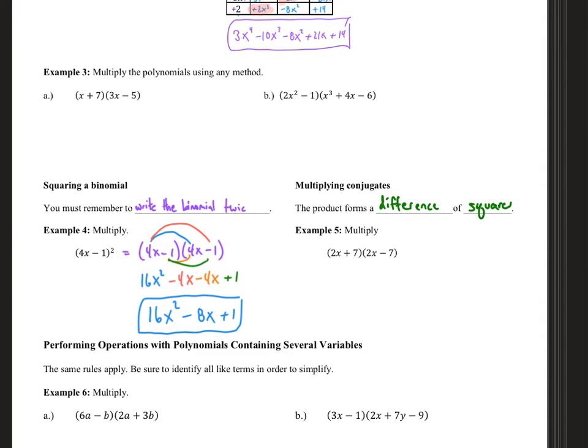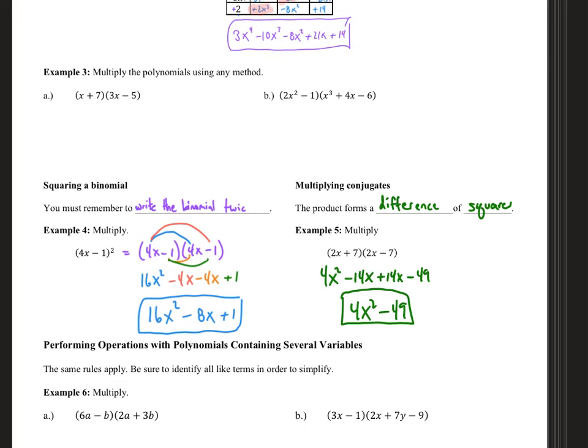So there's a shortcut, and I'll show you that real quick, or afterwards. But if you just do the distribution, you get 2x times 2x, which is 4x squared, and then 2x times negative 7 would be negative 14x, and then 7 times 2x would be positive 14x, and then 7 times negative 7 would be negative 49. So the final result is 4x squared, and then minus 49, since the